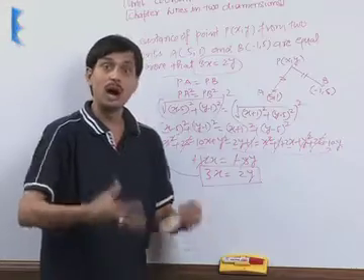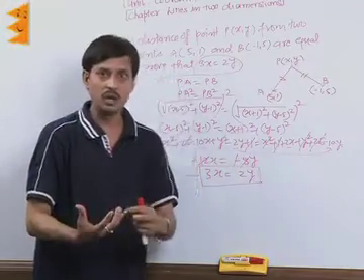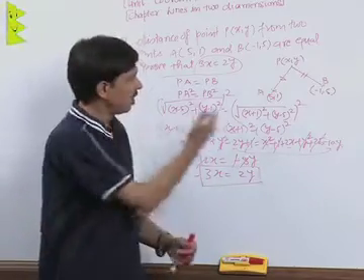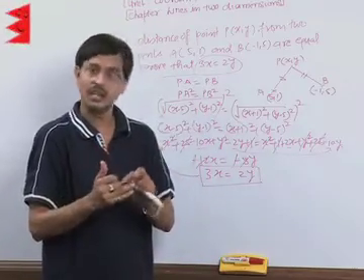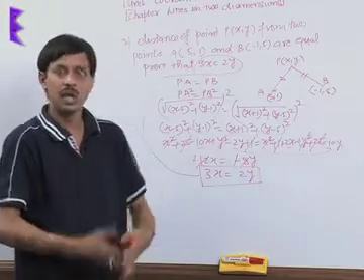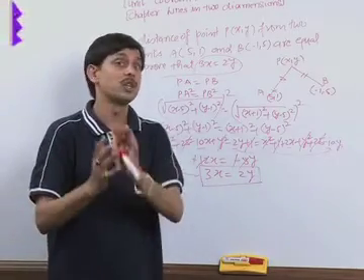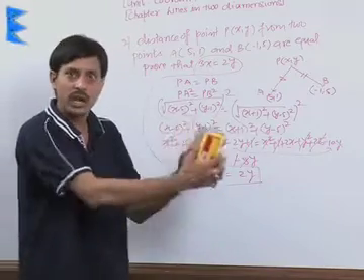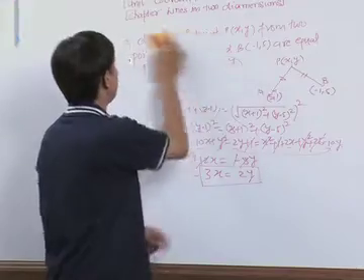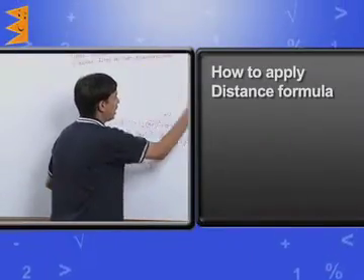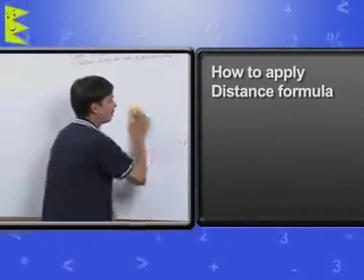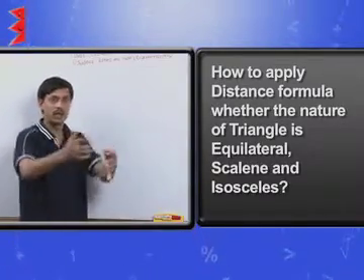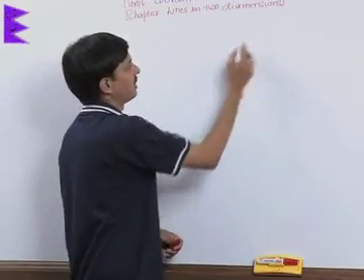Now we will tell you how this formula is required to prove whether points are collinear, whether the nature of a triangle is isosceles, scalene, equilateral, right triangle, right isosceles, and also to decide the nature of quadrilaterals, for which I am going to give you some idea of this concept here only. That is how to apply this distance formula to show whether the nature of a triangle is equilateral, scalene or isosceles. First of all, I will explain,